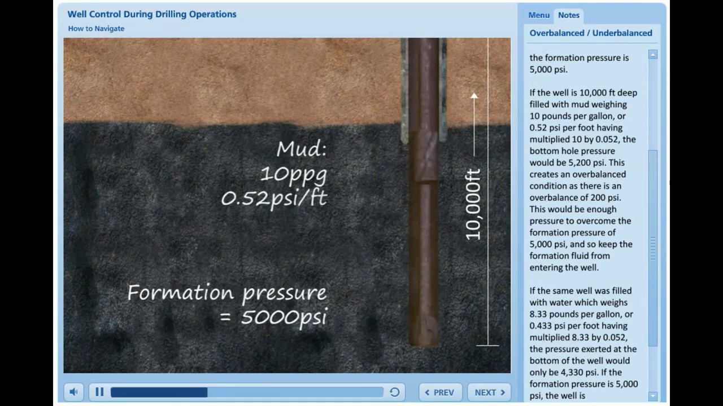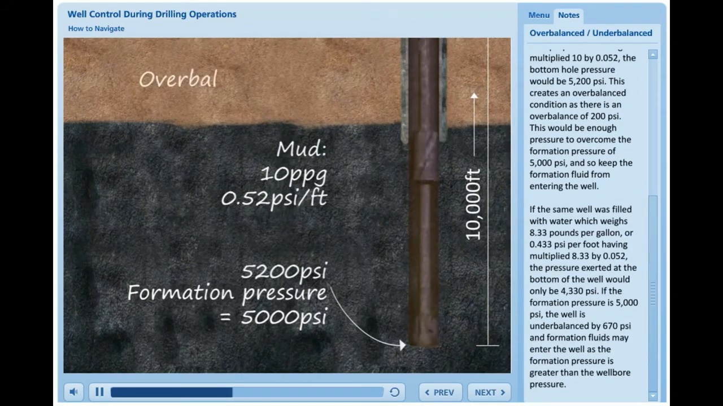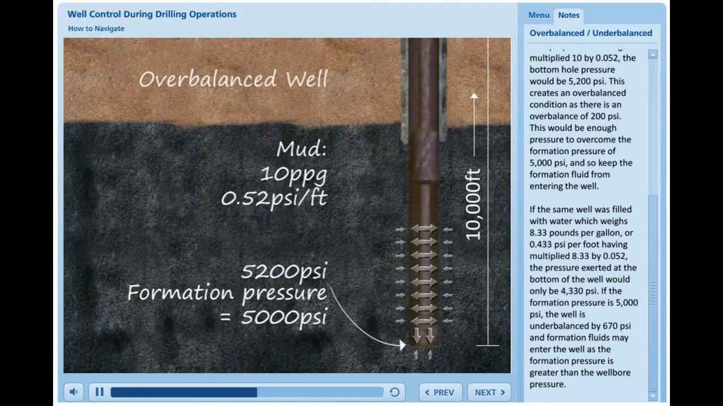having multiplied 10 by 0.052, the bottom hole pressure would be 5,200 psi. This creates an overbalanced condition, as there is an overbalance of 200 psi. This would be enough pressure to overcome the formation pressure of 5,000 psi and so keep the formation fluid from